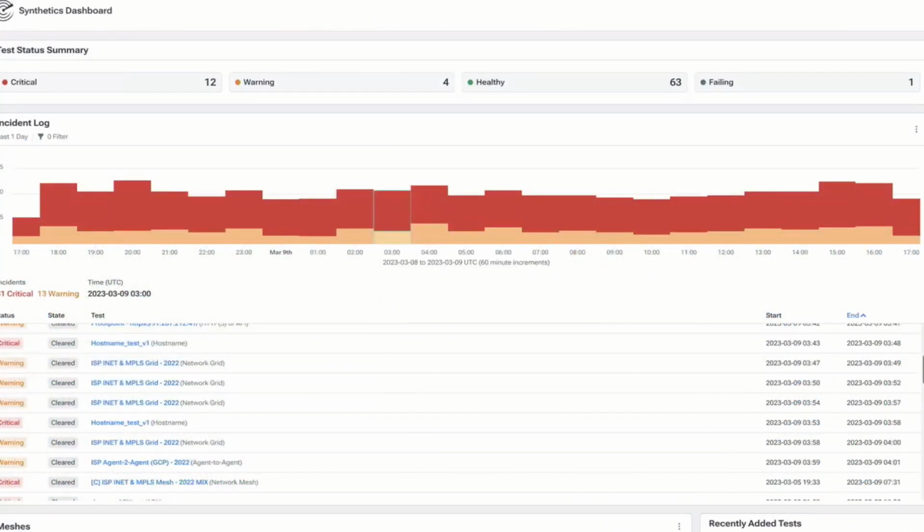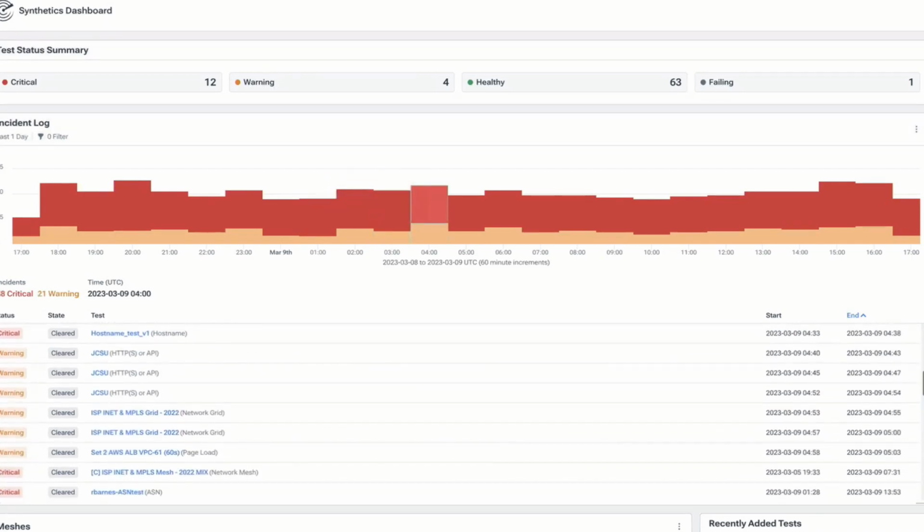So once we get to this, I get to the synthetics dashboard. And so the first thing this is going to show me is a list of the different events that have happened. So I have tests that are configured, and this kind of gives me a timeline of what's happening over time. And I can see whether they're still active, whether they've been cleared, and I can easily drill into those and take a look at what those are. Some of the other things that we have, and this is a really popular feature within the product,